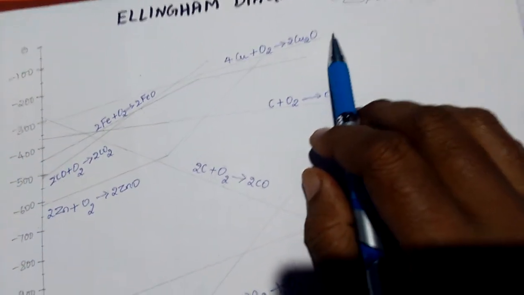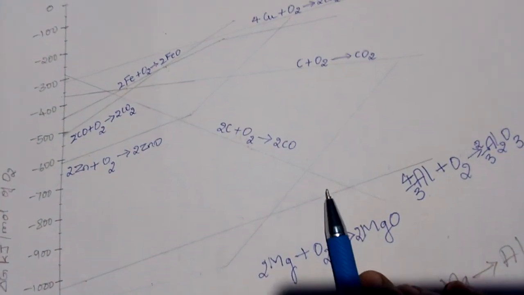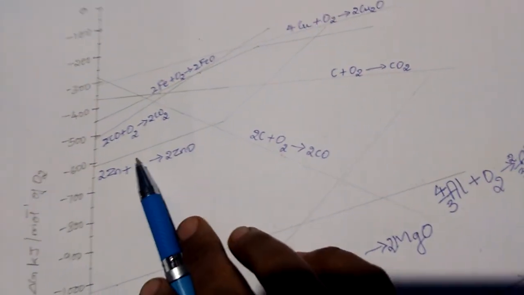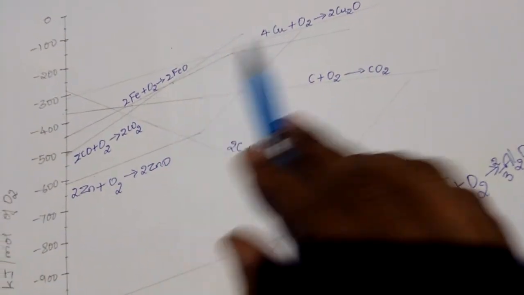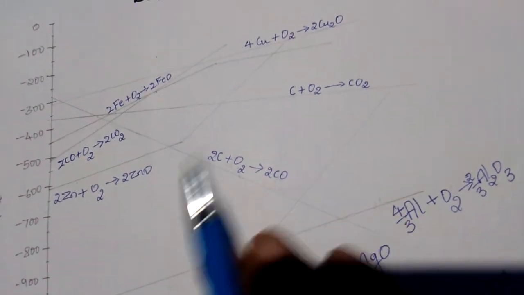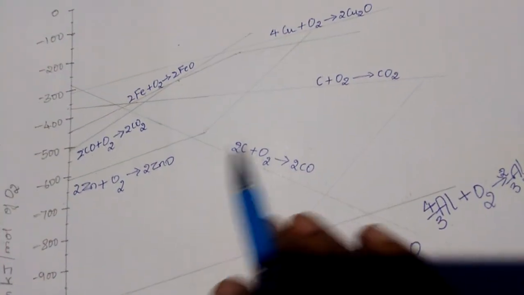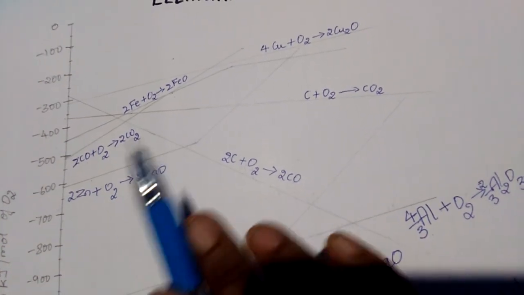Okay. So I hope you understood. Again, we will go into detail when we discuss a particular metal. Like in the extraction of zinc, we will again consider the Ellingham diagram. In the extraction of iron, we will again consider the Ellingham diagram. So every time we will consider the Ellingham diagram and see how the reducing agent can reduce the oxide to metal. Okay.